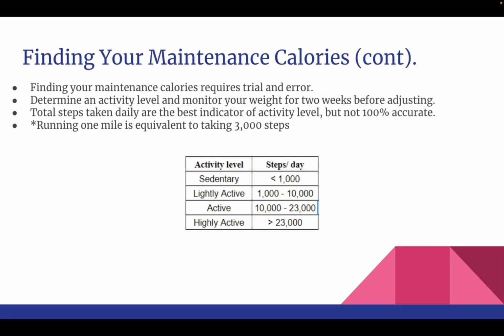But let's say you lose weight eating 3,500 calories a day, or you maintain weight eating 3,500 calories a day, in spite of eating adequate protein and being in a caloric surplus. That means your activity level of active should actually be higher. You should actually be in the highly active or athlete category.